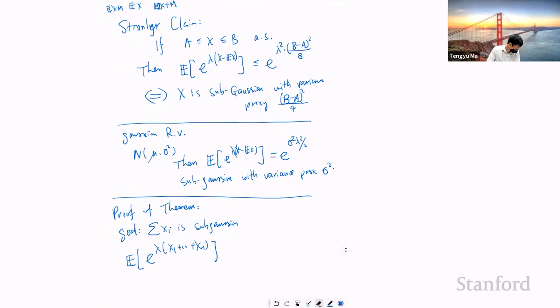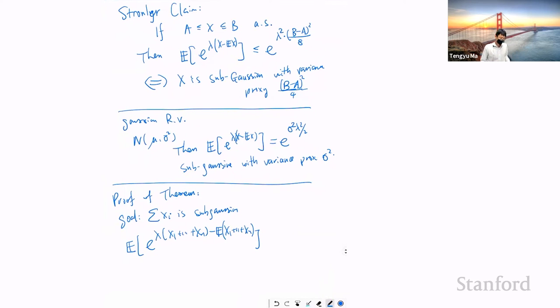Sorry, I have some typos here. Let me mark it. Okay, so you look at the moment generating function. And here you can see the nice thing about this, which is that because this is exponential, you can decompose very easily. So you can write this as exponential of lambda (x1 minus EX1)